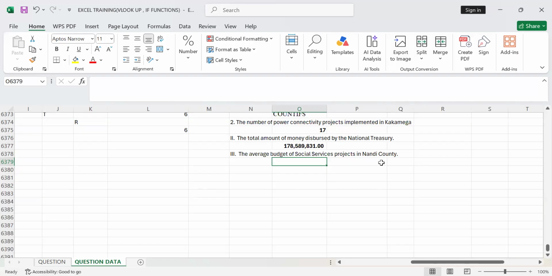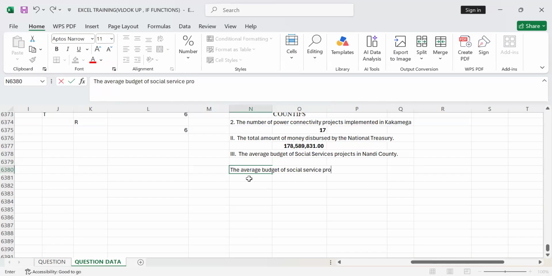So generally what you do here, you use the average if. I want to begin with the average itself. If we were, for example, told the average budget of a social service project,